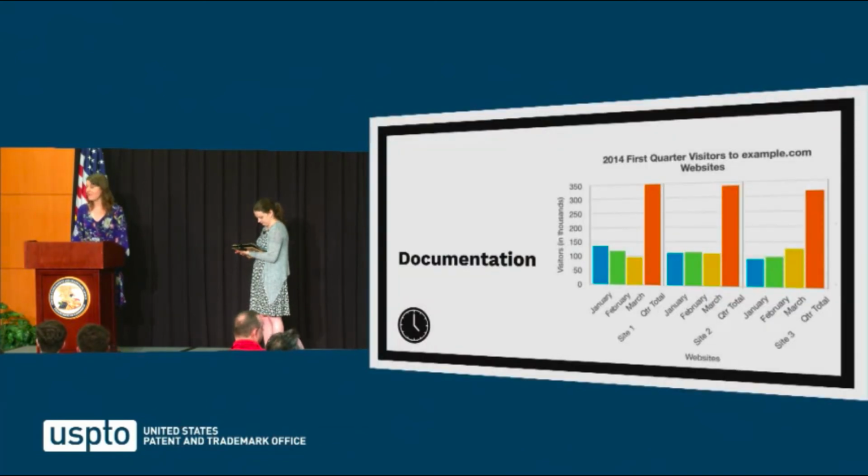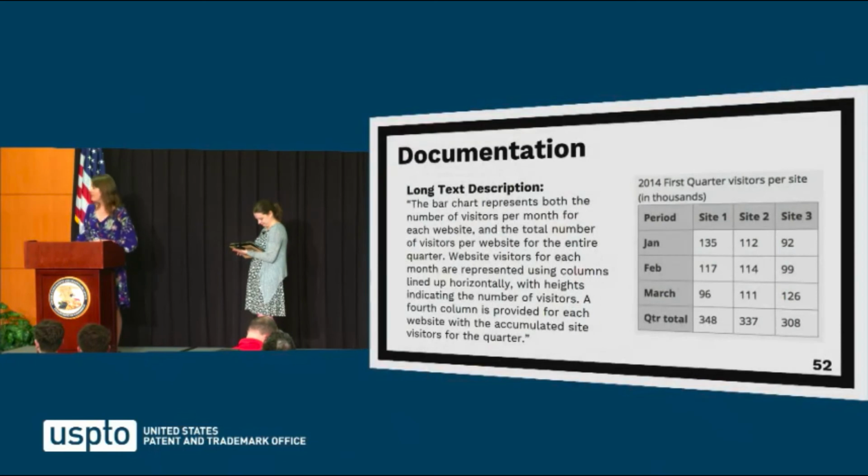Second to last, we have documentation. Are all of your manuals and documentation available in electronic formats and as plain text? So here we can see a chart that would be accessible to some but not all users, and the same chart in a couple of different modes. We can see a long text description written out as prose to explain what that chart depicts, and we also see an example of a text-based table that could be exported to an accessible CSV.